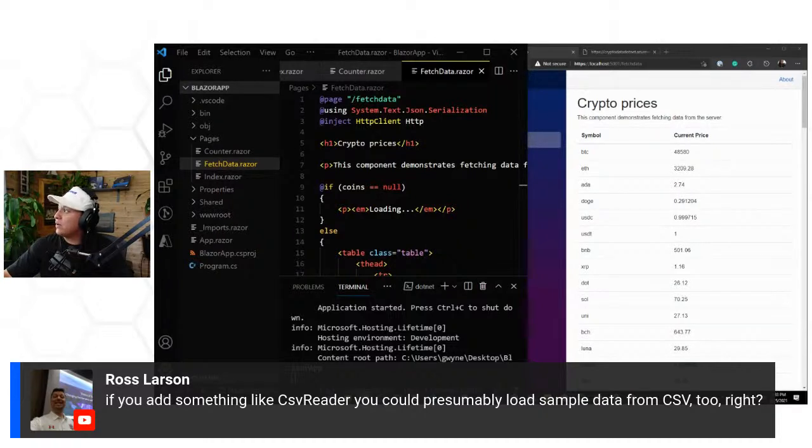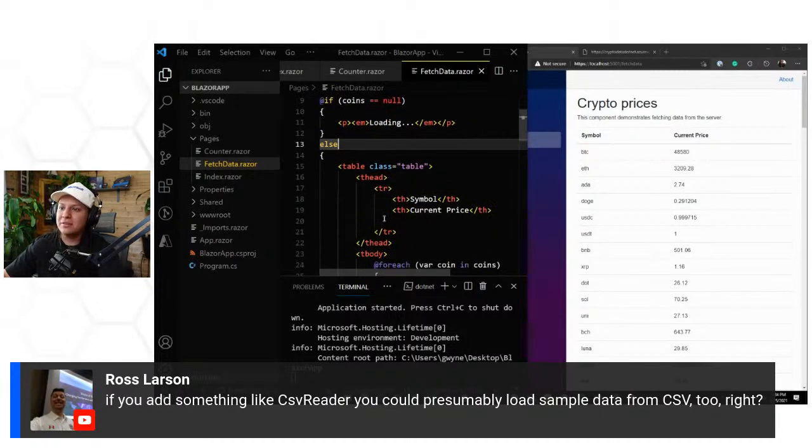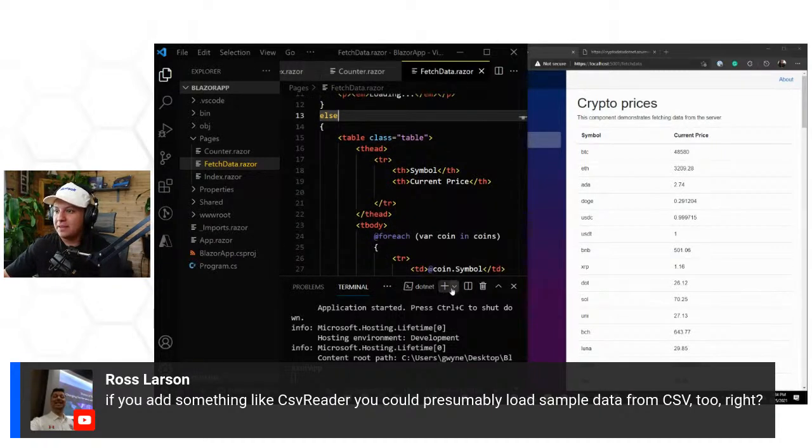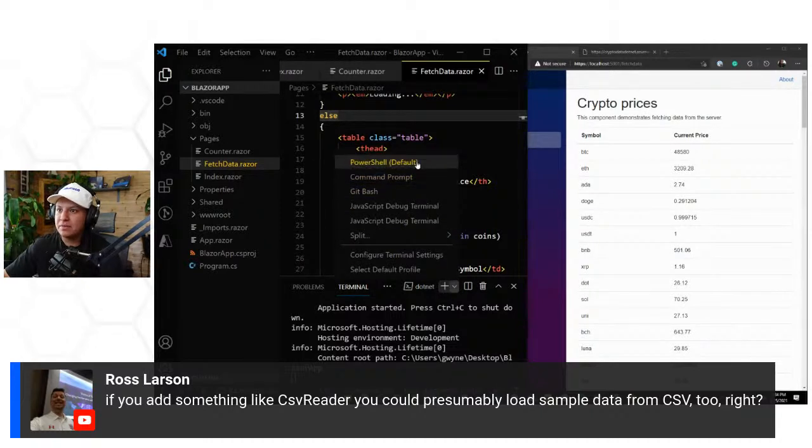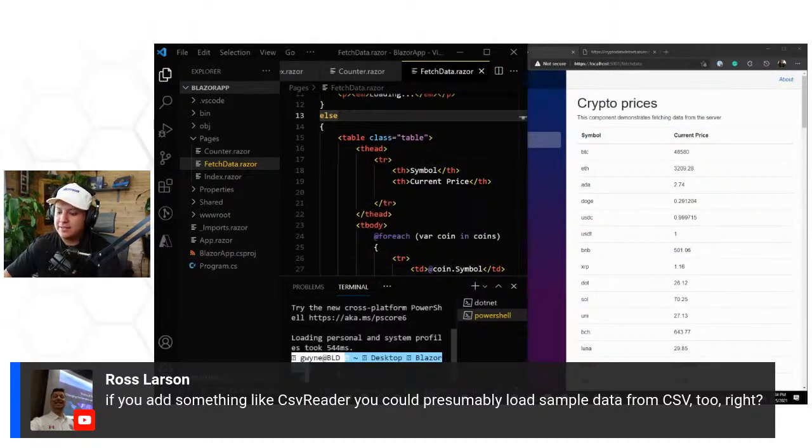Creating a Blazor application. The command is actually dotnet new, and then dotnet new blazorwasm, and then you can do -n. I'll type it out. Let me create a new terminal here. If you do dotnet new blazorwasm